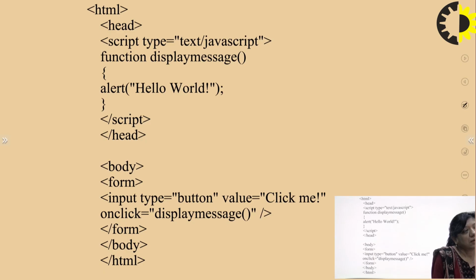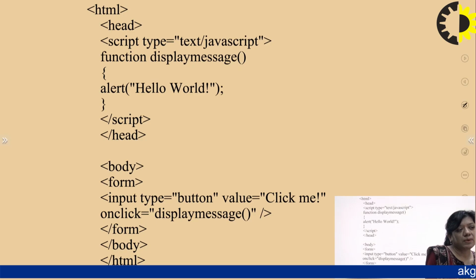As I told you, we will write the function code in the head section. In a script type we write the function, and here we want to display a message. We make a user-defined function whose name is displayMessage. Function is our keyword, and displayMessage is the user-defined function name.